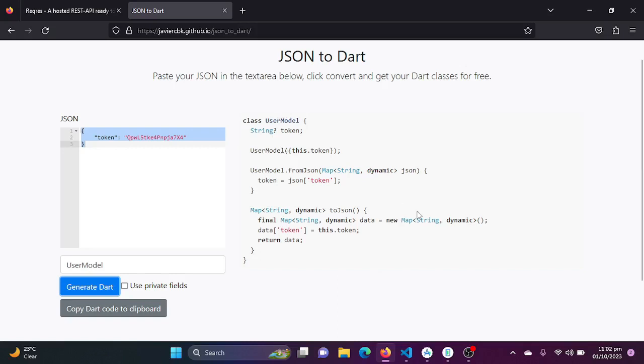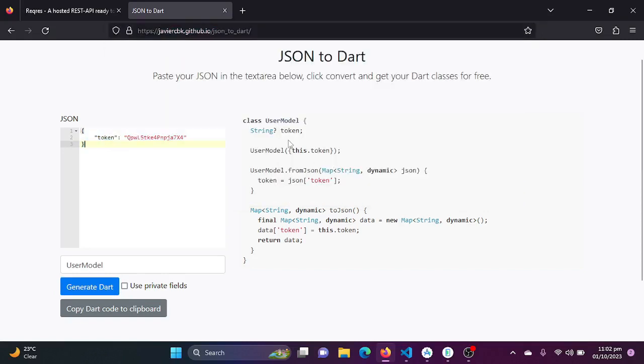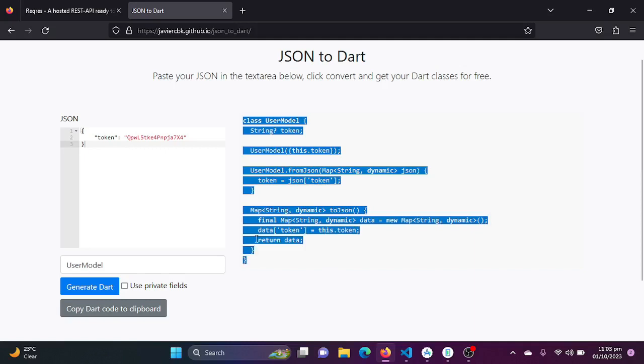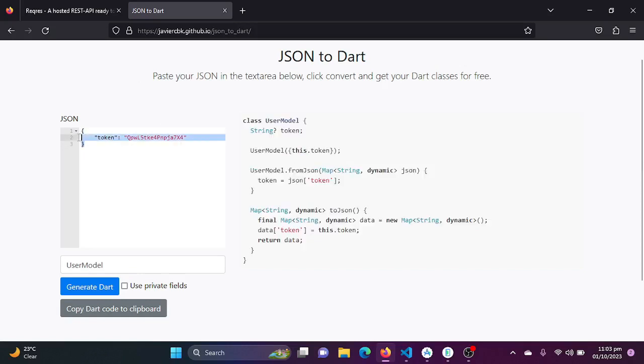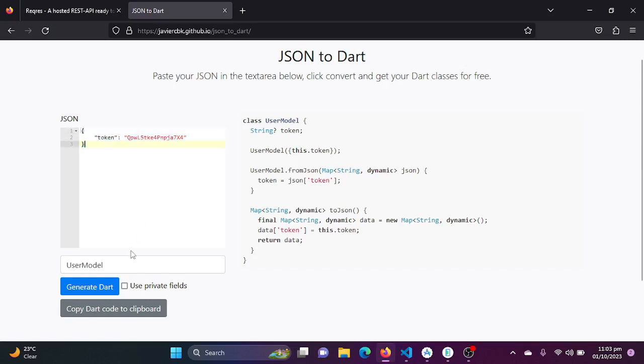Just copy that response, come to this website and paste the response, and your model will be created. So our response was this, coming from this website. I have just copied this response, pasted it here and generated our user model. I'll be copying it from here,